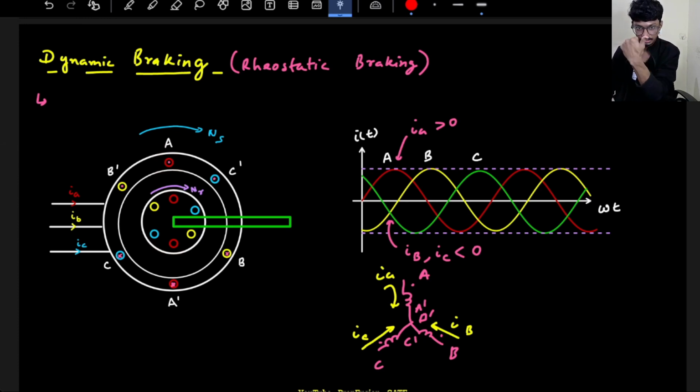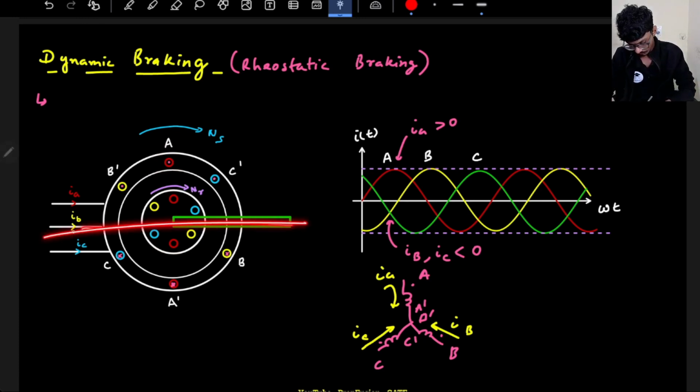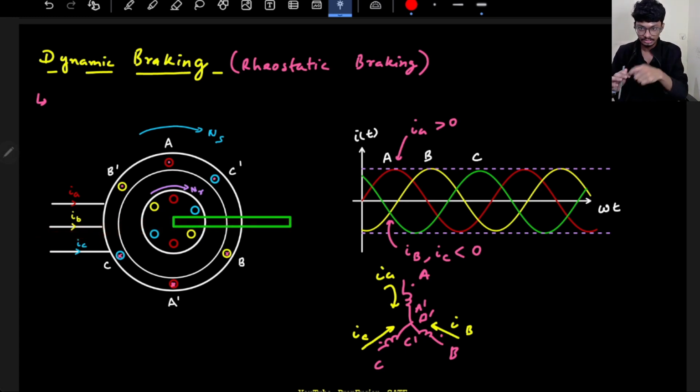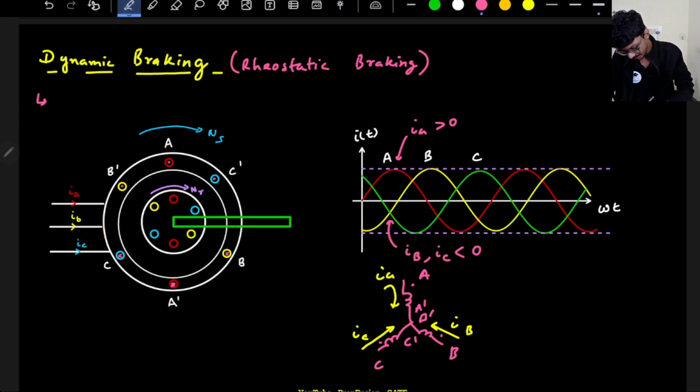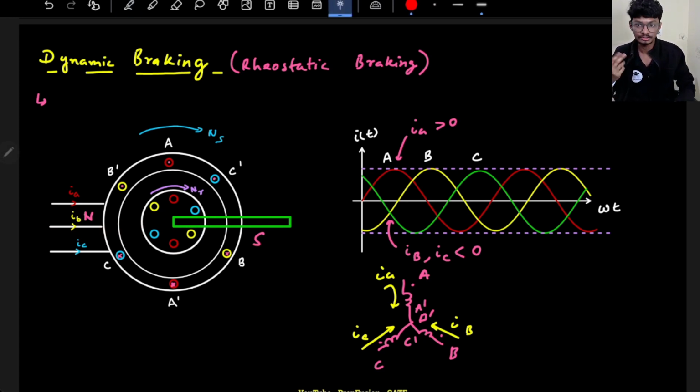So what is the magnetic field basically? Overall the axis of the magnetic field is here. The magnetic field is going in this direction. So here a north pole will be generated, and here a south pole will be generated. Now you might have a doubt, sir, you just said it is a rotating magnetic field. Yes, it is a rotating magnetic field only. I do agree. But at this instant,